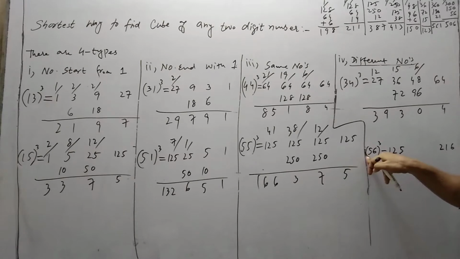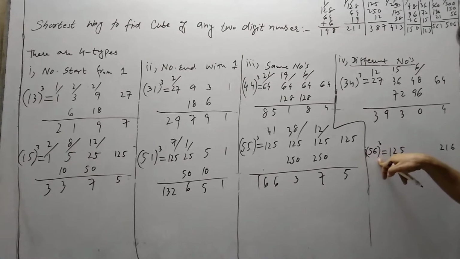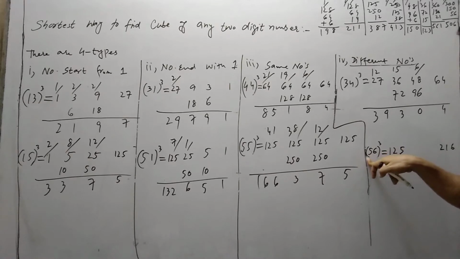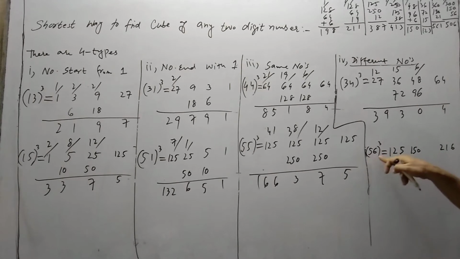Now 5 square is 25. 25 times 6, the square of the first number multiplied by the second number, is 150. Square of the second number, 6 square, is 36. Multiply by the first number, 36 into 5,